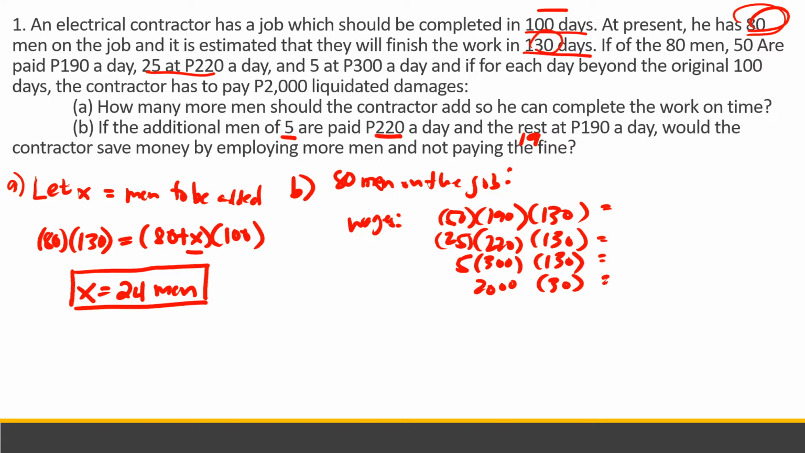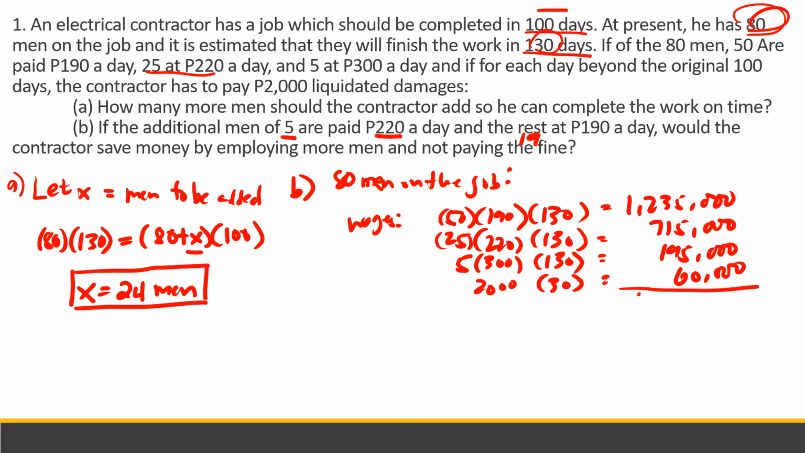So this is equals to 1,235,000, 715,000, 105,000, and 60,000. So for a total of 2,205,000. So if he will not hire 24 men and proceed with 80 men but pay a fine of 30 days, so may ginagastos siya ng